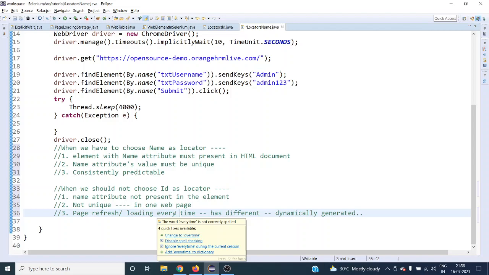So when you are going for any locator for a particular web element, you have to keep in mind a few factors before choosing one, right? It is recommended to use the id locator and the name locator, because these two are mostly much faster compared to other locators. We will be seeing why we have to choose the id attribute or name attribute in the upcoming videos.